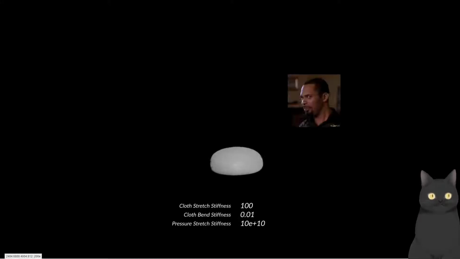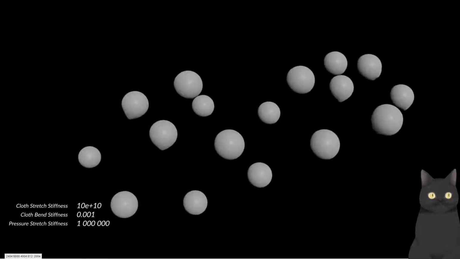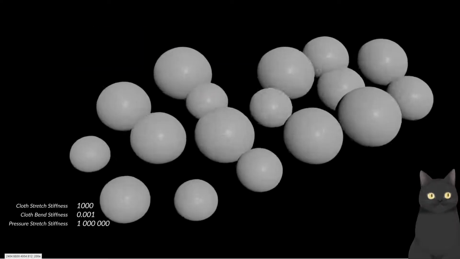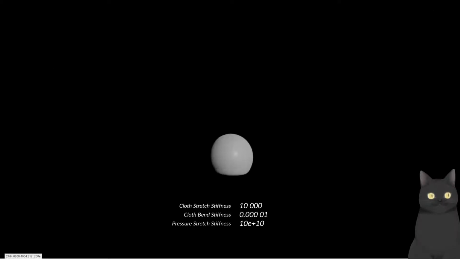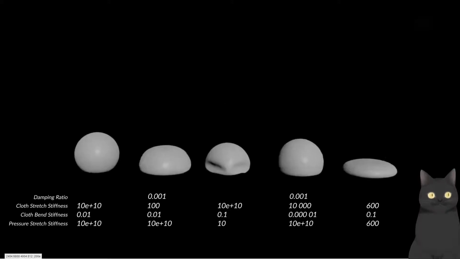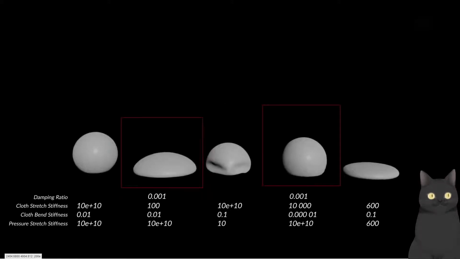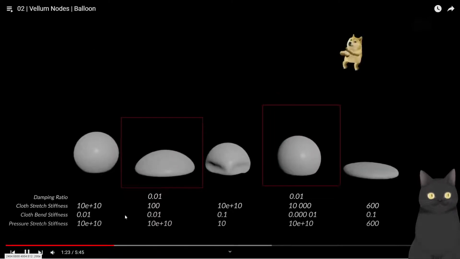Lowering the setting can get you some nice jello. Cloth stretch stiffness and pressure stretch stiffness play hand in hand. You often have to go back and forth adjusting them to allow them to play nicely together. You can also add some bend stiffness into the mix to get some more bendy type soft bodies. You may find that your simulations get a lot of jitter or just never really settle down. You can adjust the damping ratio in the cloth stretch section. Increasing this value reduces the energy